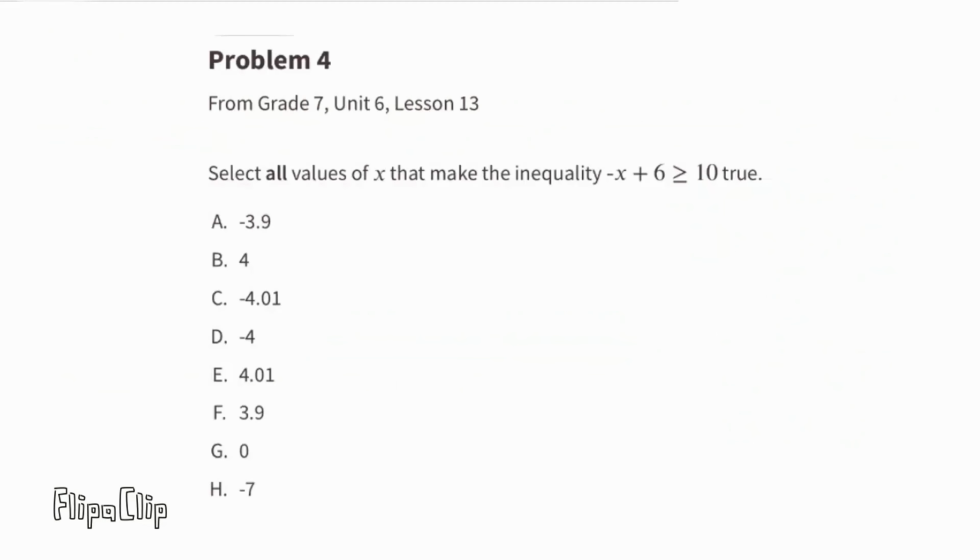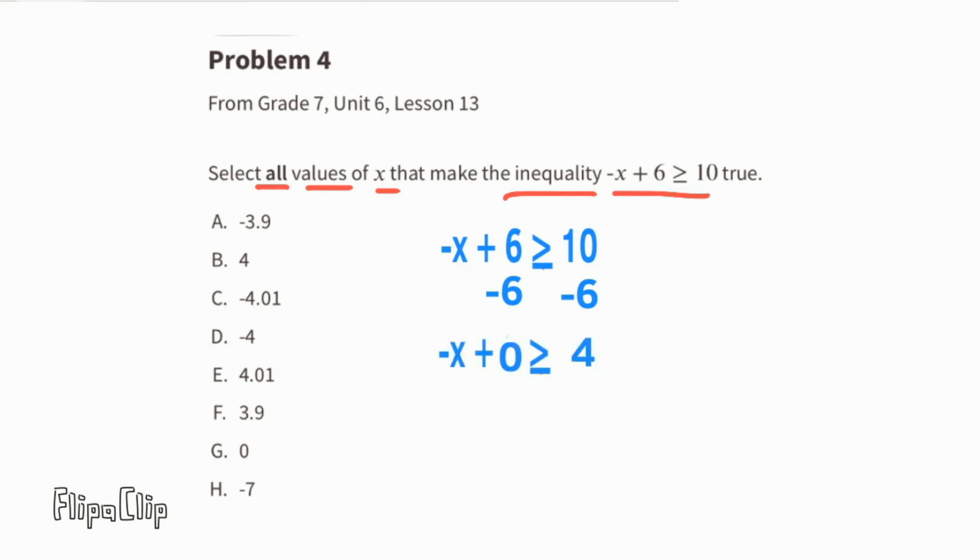Problem number 4 from 7th grade, Unit 6, Lesson 13. Select all the values of x that make the inequality true. Negative x plus 6 is greater than or equal to 10. We'll have to subtract 6 from both sides, and we're left with negative x is greater than or equal to